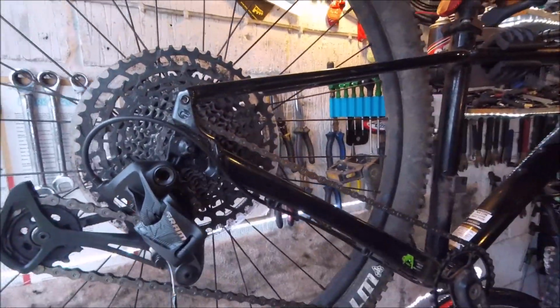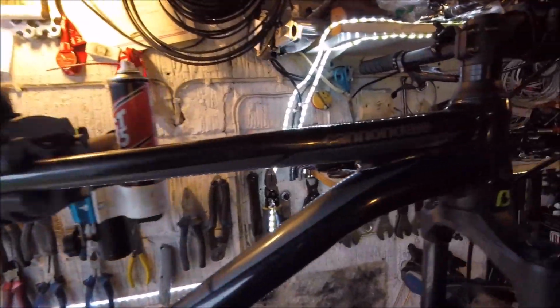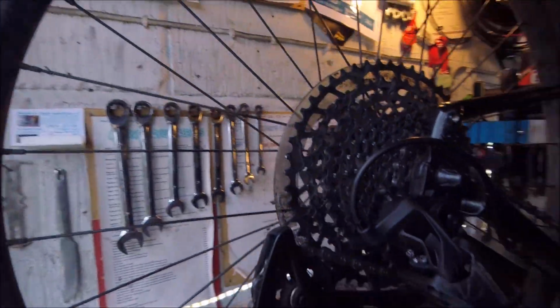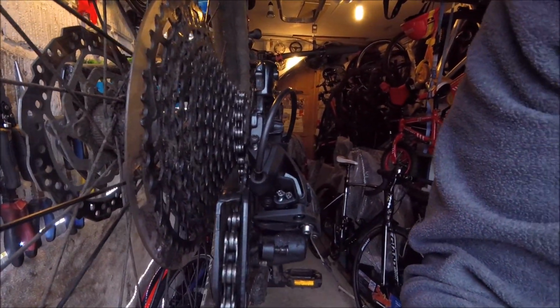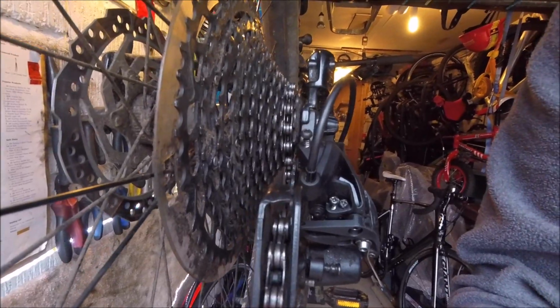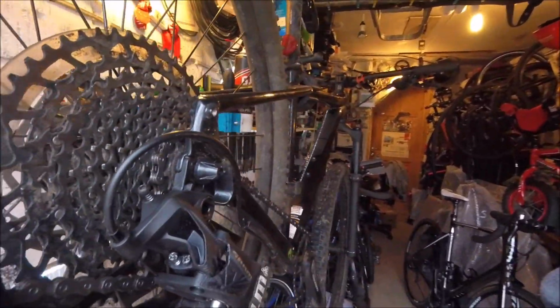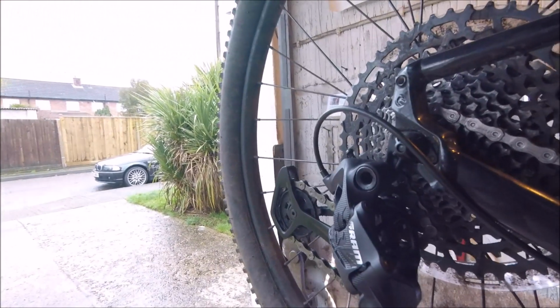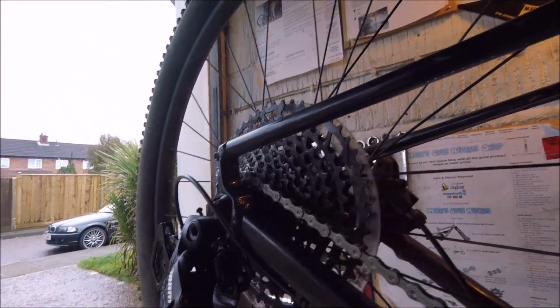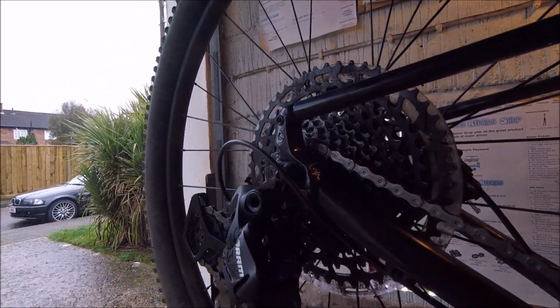Today we're having a quick look at this SRAM SX rear mech and the problems you get with it. I've got this customer here who has had this on their brand new Cannondale bike for about 3 or 4 months now, and they've been using it commuting, and one day it developed a bit of a clunk, and since then hasn't shifted right, plus the chain broke, and I've just put a new chain on it and tried to set it up, but it's very hard to